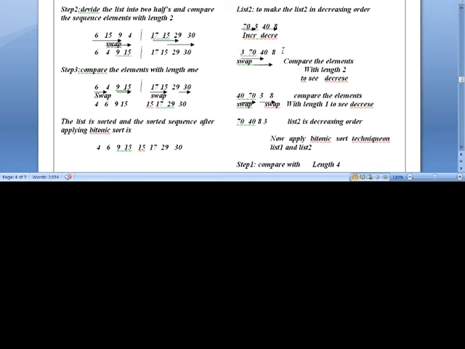first, third and second, fourth with length 2 and length 1. In both the length 2 and length 1 comparisons, if the compared elements are in decreasing order, okay, otherwise swap them. Why? Because the second list we are going to arrange in decreasing order. That's why in each comparison of the second list, with length 2 and length 1, if the compared elements are in decreasing order, then place them as they are.